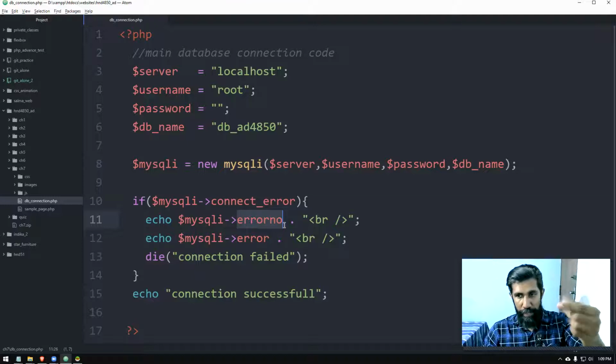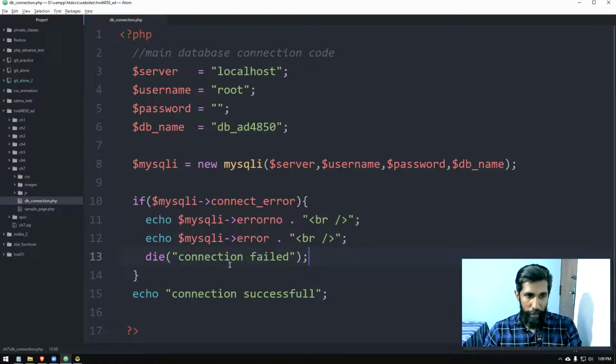With that specific number, you can find it in the documentation or on third-party websites. We can easily find that. That's the reason we have the error number here. Next line, we are printing the error. That's the text message. It will display what went wrong. And we put a custom message saying connection failed. Beyond that point, nothing will get executed, right? Now we will try this code in our program and see.